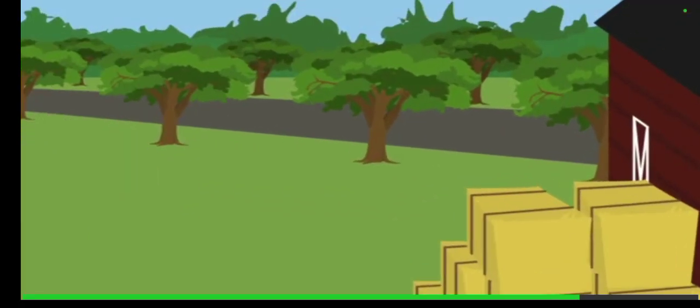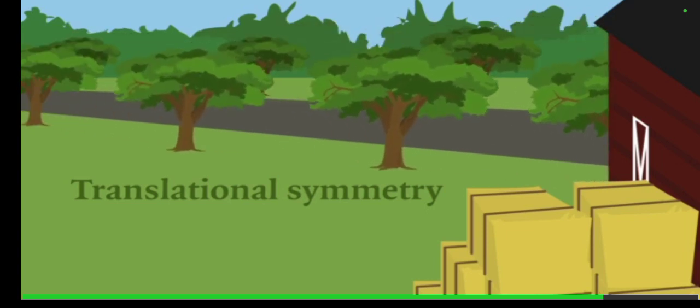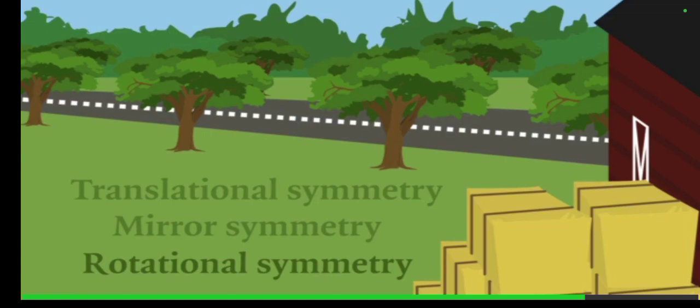Like the tree lane outside. It also has a translational symmetry. Yes, exactly. If you move all trees one step towards or away from the stable, the pattern remains the same. By the way, do you see any other types of symmetry in the lane? Yep, a mirror symmetry. One half is a mirror image of the other. And a rotational symmetry. You can turn